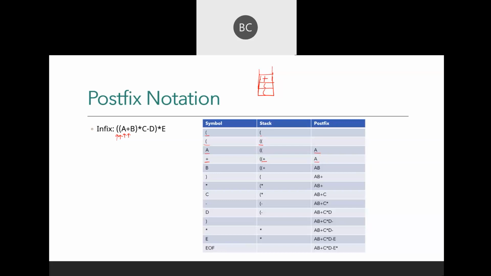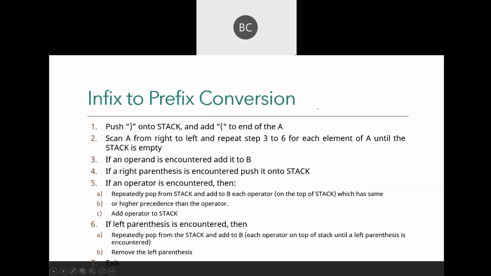This one will remain same. Next you have B, the B operand, so we will print it here. Okay. Next we have a right parenthesis. So the moment you find a right parenthesis,